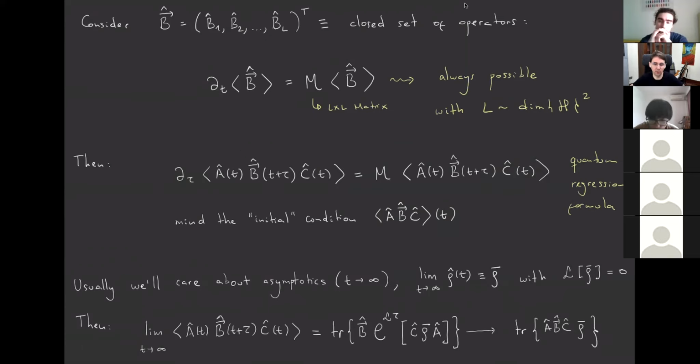So it's the expectation value of ABC in the steady state. And well, you can see it also from this expression. When you put tau equals 0 and you use the cyclic property of the trace, you get ABC trace with the steady state. Okay? So this is for tau equals 0. Okay. So this gives us interesting connections between the Heisenberg and the Schrodinger pictures